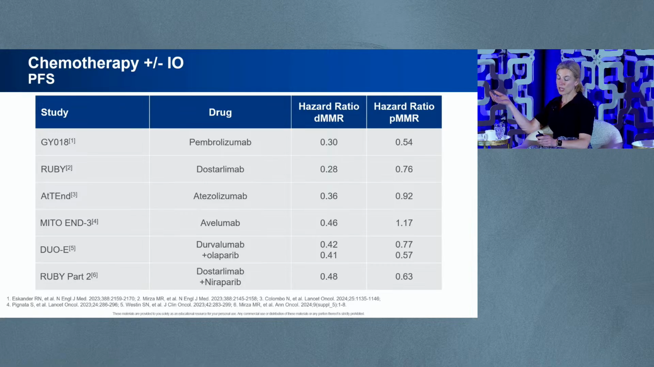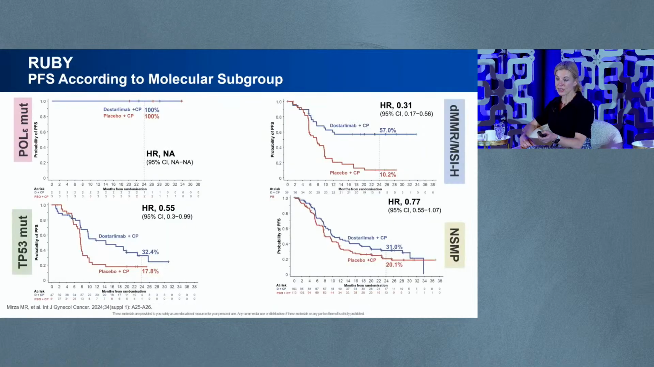So overall, while not as profound, we still see a significant benefit in the majority of these studies, with a little bit more variation. And then here we see with DUO-E and RUBY Part 2, where a PARP inhibitor was added to that, the hazard ratios become a little bit better. So chemotherapy with immunotherapy would be a reasonable option, also probably with trastuzumab. I put this in here because this was presented about 2 years ago now, and then there was an update in 2024